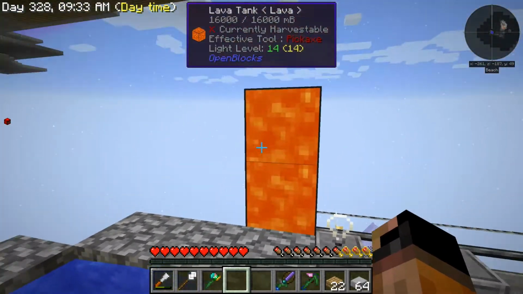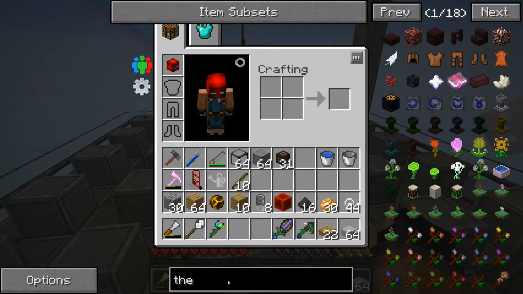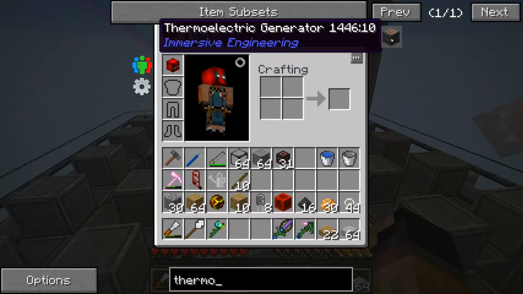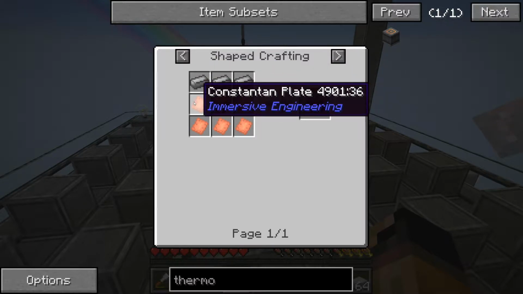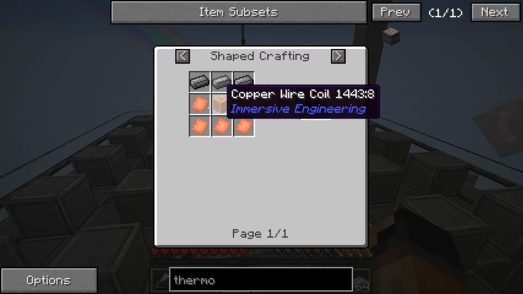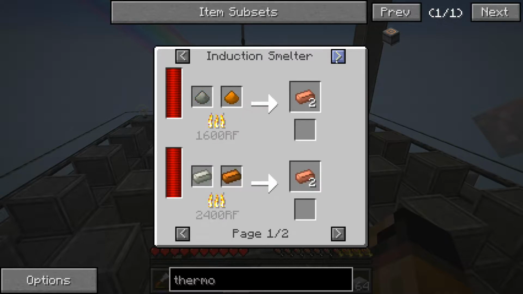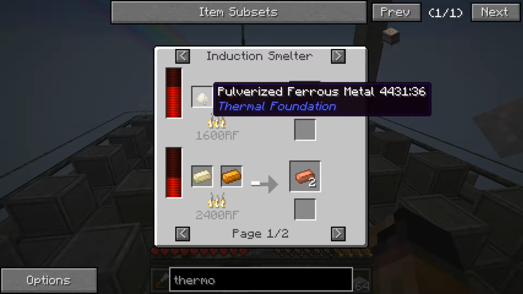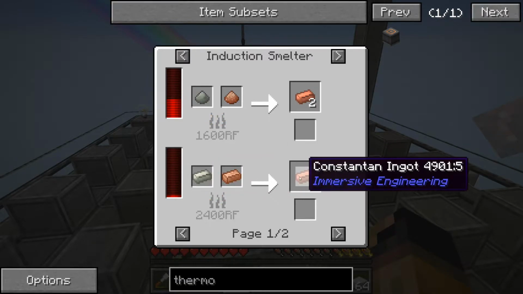I modified my crucible. So what we're going to use today is this thing over here from Immersive Engineering, the Thermoelectric Generator, which is super cool, I grant you. To make it, we are going to need a lot of steel, this Constantan plate, and the usual copper wire coil. The Constantan plates are made by hammering a Constantan ingot, which is made, surprisingly, in the induction smelter, and I use this recipe even though it requires more RF. I didn't want to pulverize copper and nickel or ferrous again, so I just use ingots. So 1 copper and 1 ferrous or nickel gives you 2 Constantan